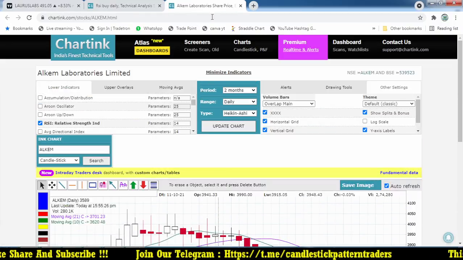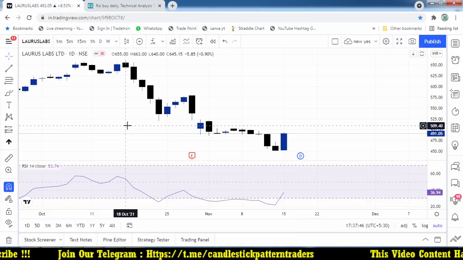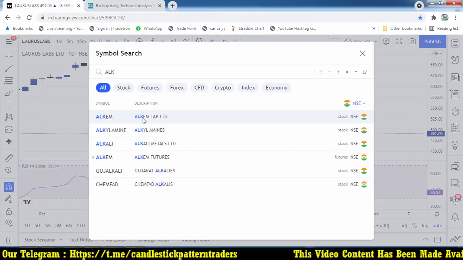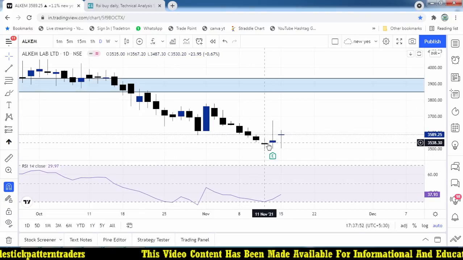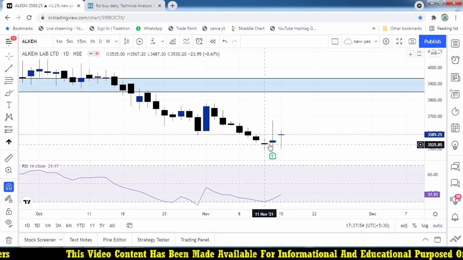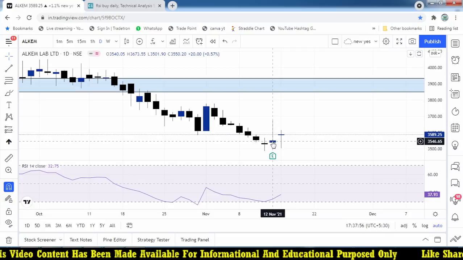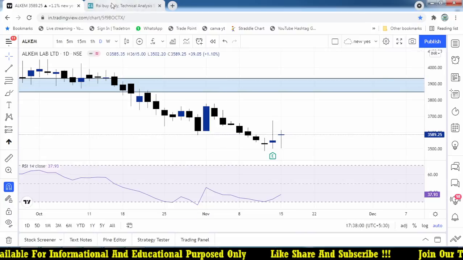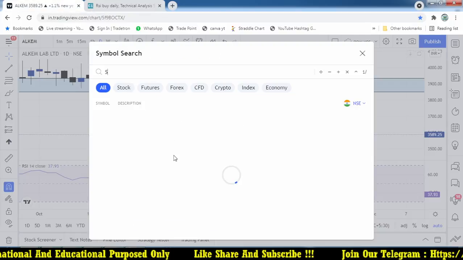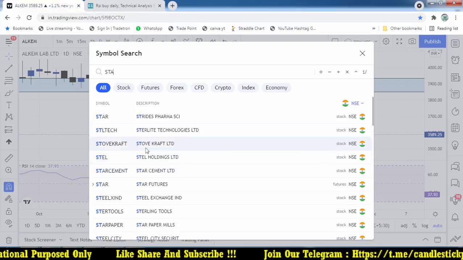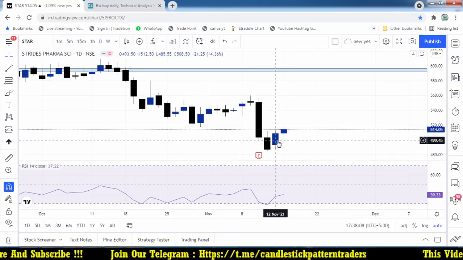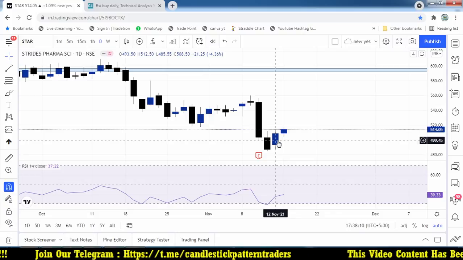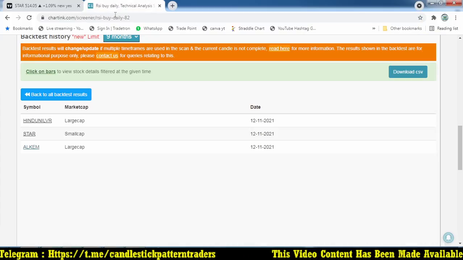What happened? So this is not a right start. Alkem, I think Alkem also increased more. Yes, yesterday the previous day's RSI of Alkem was 29.7, and the next day Alkem started at 3540 and went up to 3673. And the second stock, Star, also performed well yesterday. See that stock, it is moving good. Star forms a 593 to 493 to 5112.